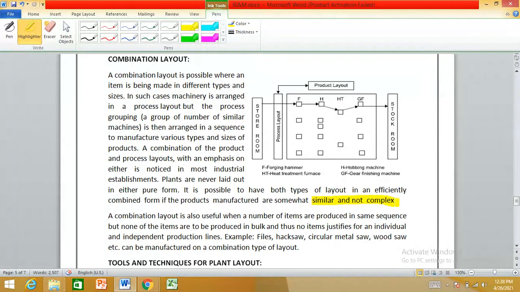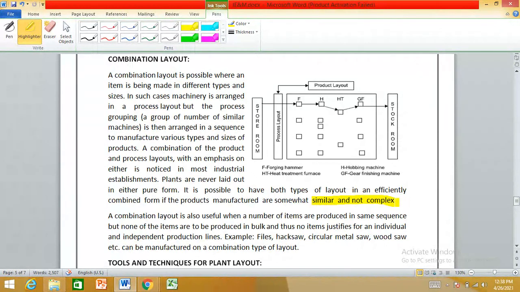Again, I'm repeating. If you are producing the same product and the number is very high, then we go for product layout. If you are producing similar and non-complex products, then we go for combination layout.